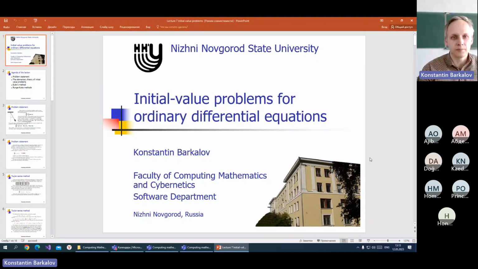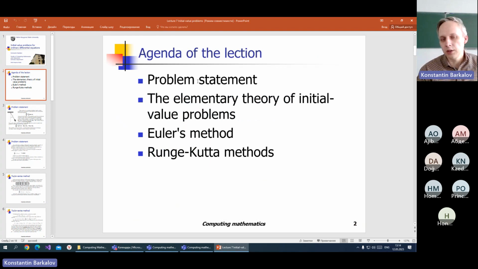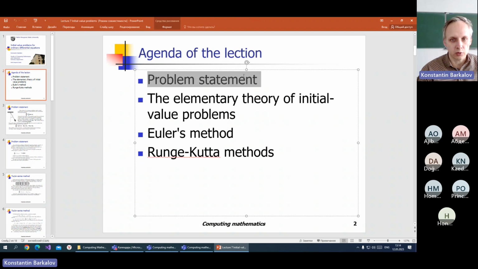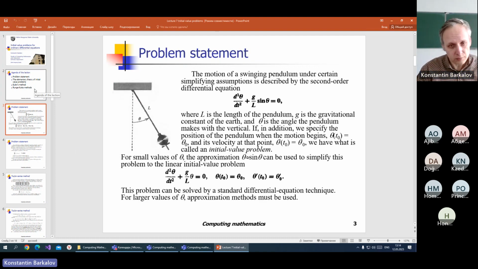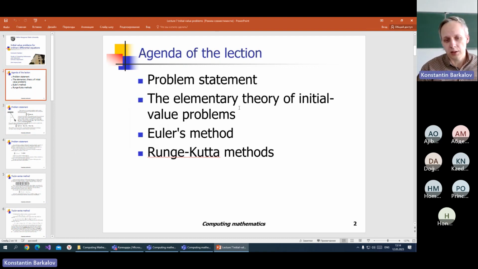The topic of this lesson is initial value problems for ordinary differential equations. The topic is written here, and as usual, we start from the general problem statement. Here on the next slide, there will be some example, but before we consider this particular example, I want to discuss